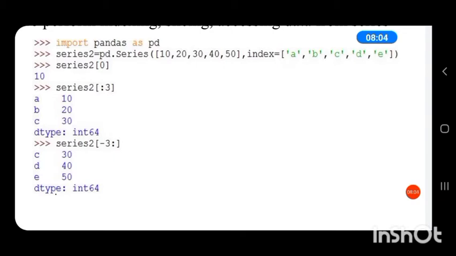That is, the last 3 values will be considered. So the output is a series with its indices C, D, E and its corresponding values 30, 40 and 50.